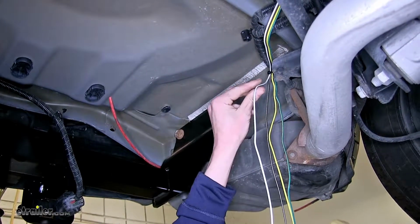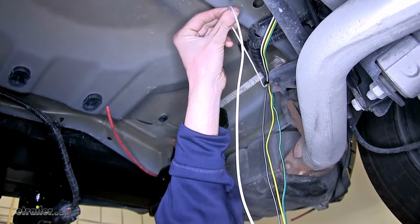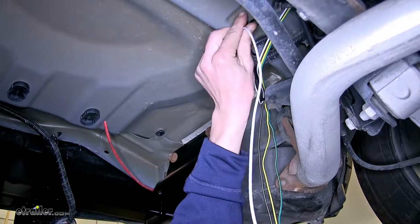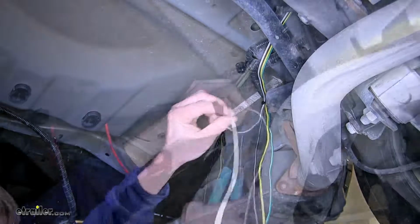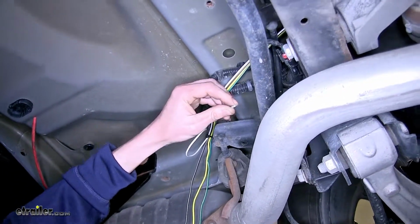Now our white wire, this is our ground wire. We need to secure this to the vehicle's chassis using the provided self-tapping screw. I'm going to do that right in this area here. So I'll measure off how much I'm going to need, cut off the excess, save it in case I need it for later, strip back some insulation,